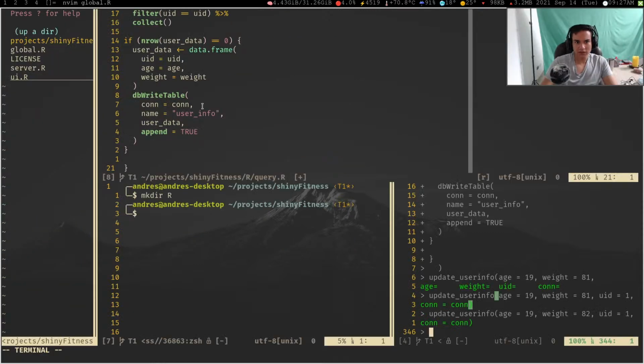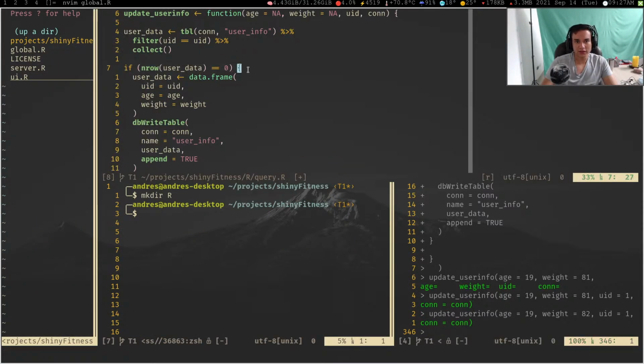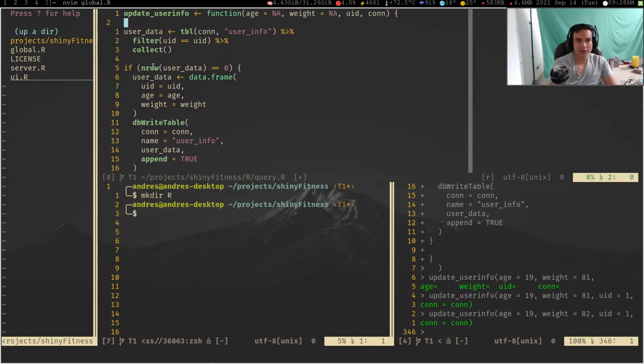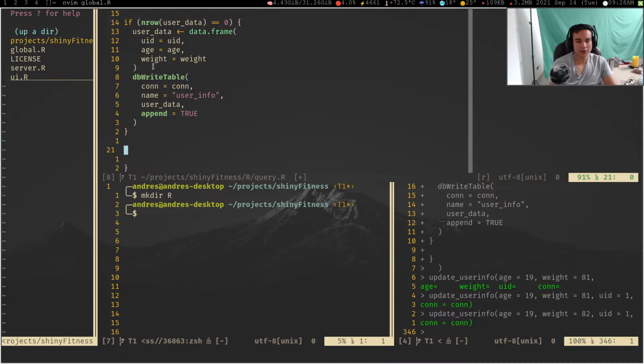Did it update? Oh yeah, I haven't. This is only if it doesn't have it, right? So in the case that there actually is some user data, I need to do the following checks. So my weight. So wait, if